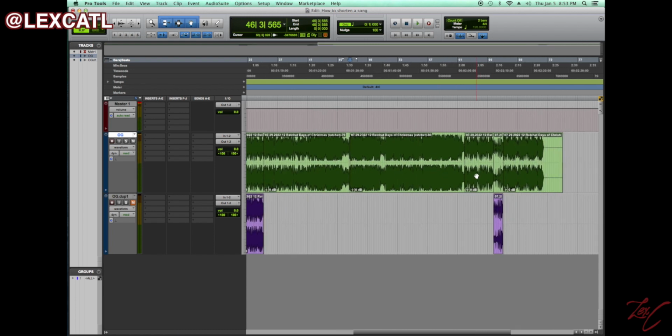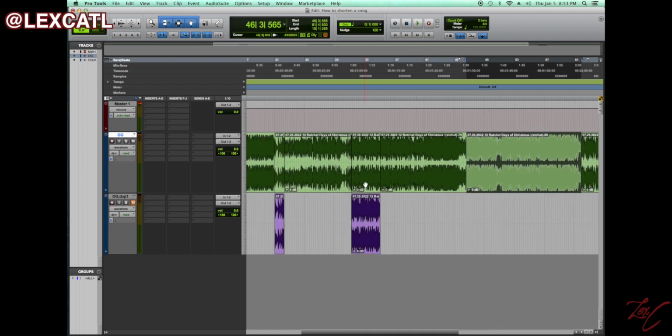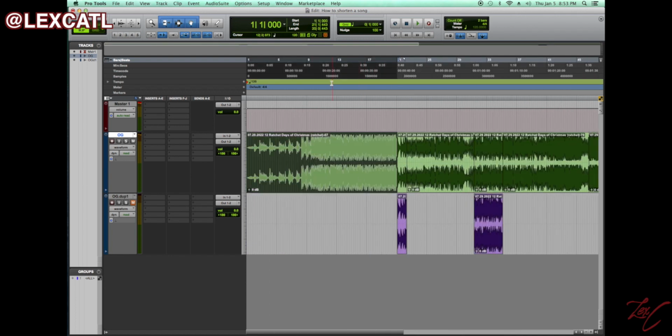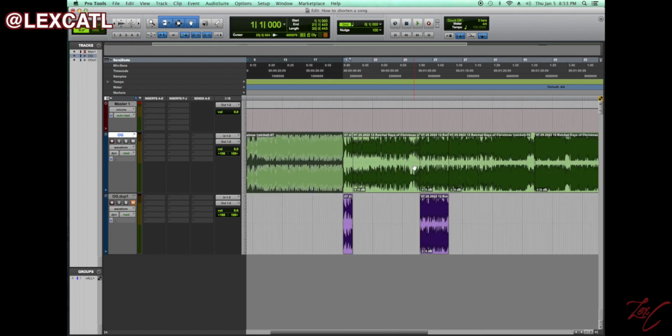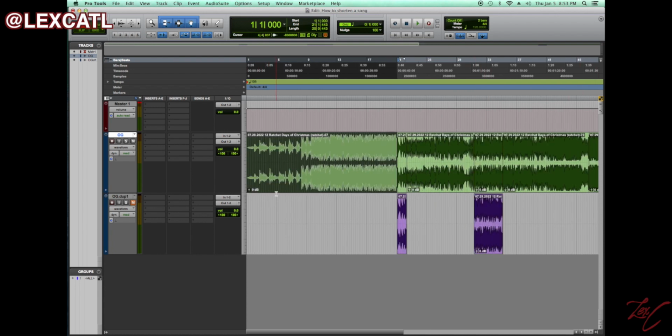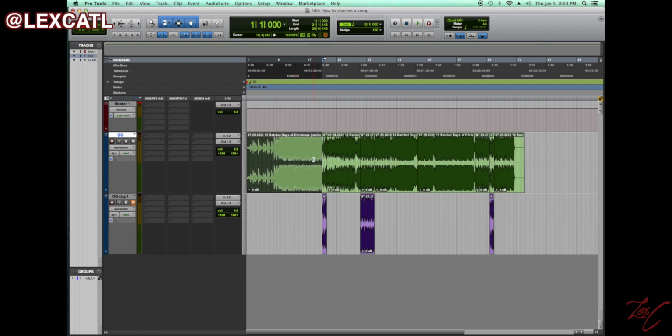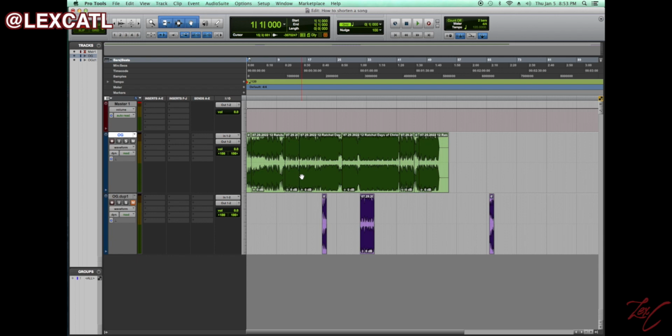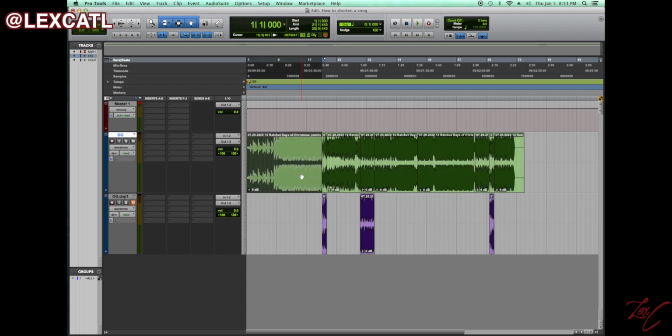So I want to go from there to... Okay, and I think that will give me my 60 seconds. We'll see. So now that I've made my cuts, I'm going to go out of slip mode and into shuffle. I could have stayed in shuffle, but I think I might want to rearrange some things. What's also nice about shuffle mode, I can't remember if I mentioned it in the beginning or not, is that aside from it deleting everything and moving everything up to replace it, if I'm in shuffle mode, I can also